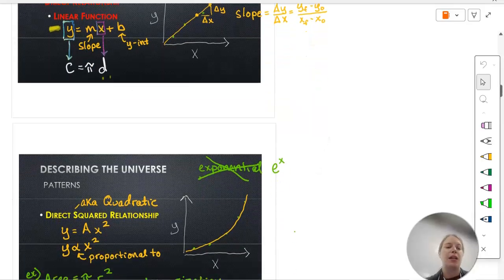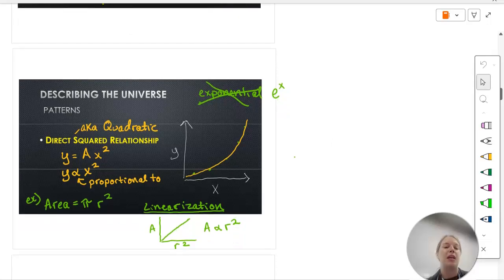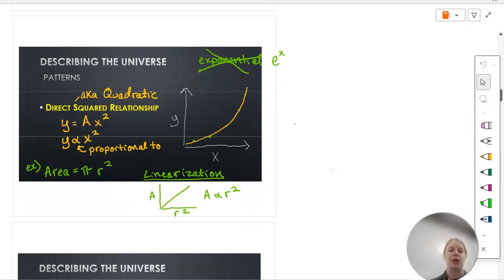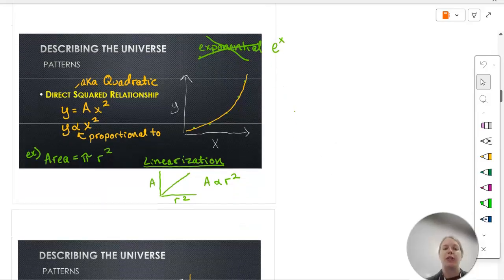So the next relationship that we are going to see often, and will see in this lab, is called a quadratic relationship or a direct squared relationship. So the direct squared just kind of leaves off the other terms of a quadratic and just focuses on the x squared term. So a direct squared relationship has some constant proportionality a, and then x squared in the equation, and we can see that it increases at an increasing rate,